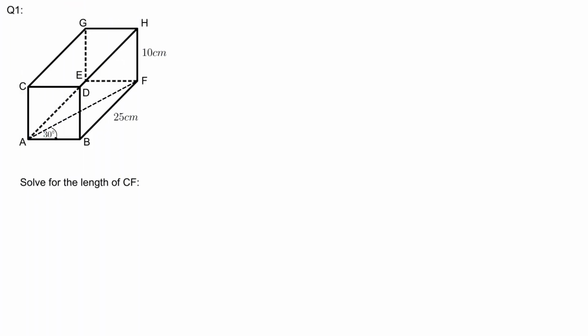First question, we can see that it is a cuboid and it asks us for the length of CF. To solve these questions, working backwards would be easier because then you know exactly what you need to arrive at your answer. Firstly, we're going to look at the triangle made by ACF that runs diagonally in the prism. You have the length of AC, which is 10 centimeters. CF is what is asked, and I'm going to label it with a question mark,